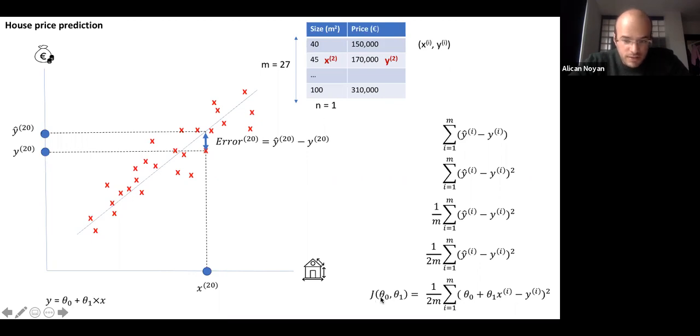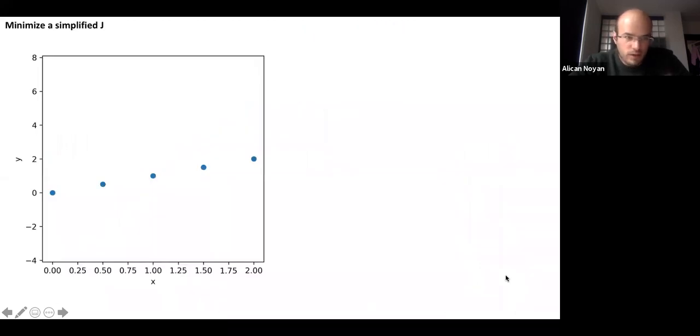If we can find the parameters that minimizes this equation, we'll find the line. We'll find the best line, right? And this is our aim. We would like to minimize this function. How are we going to minimize this function, cost function? Let me just show you